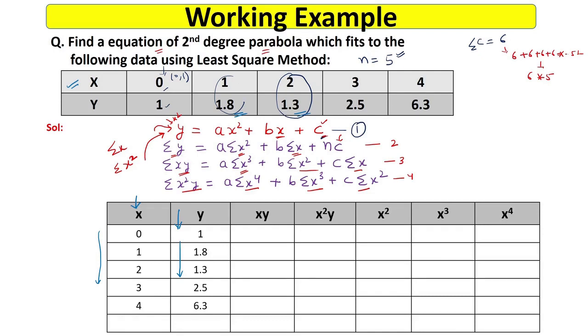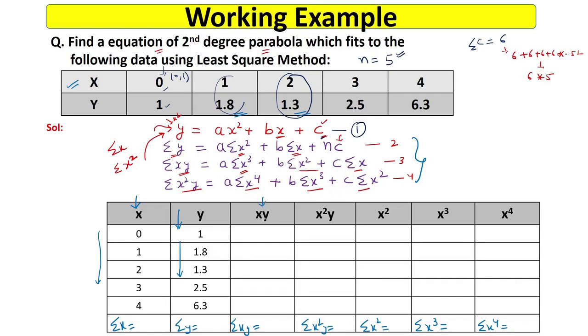So here if you see in these 3 equations, we have to find actually all these summations. What summations? We have to find summation of x, summation of y, summation of xy, and so on. So we have to find all these 7 summations. Okay, so total 7 summations will be found out to find the values of this a, b, and c finally. Okay, so first let's see